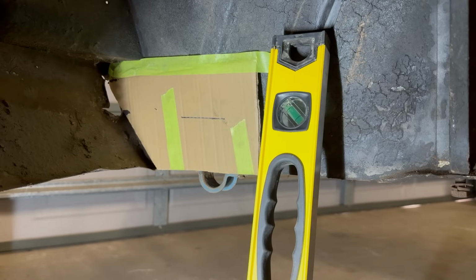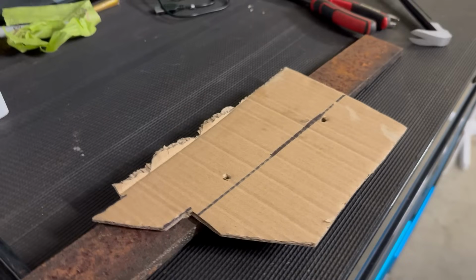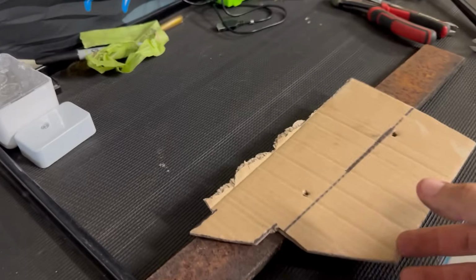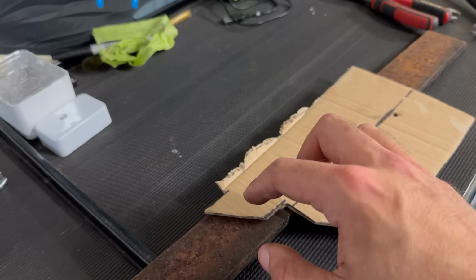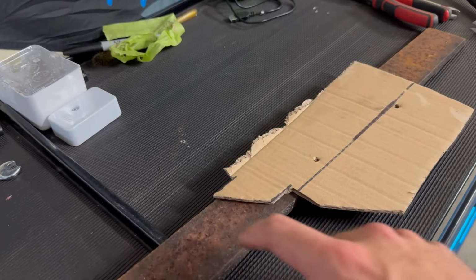That level may not make the noise, but there's definitely some cardboard aided design going on here. So I've just trimmed up this template a little bit. You can see we are going to have a bit of an issue. This line is my level reference. These little detents here represent the front of the car where this bar is going to pass through in the